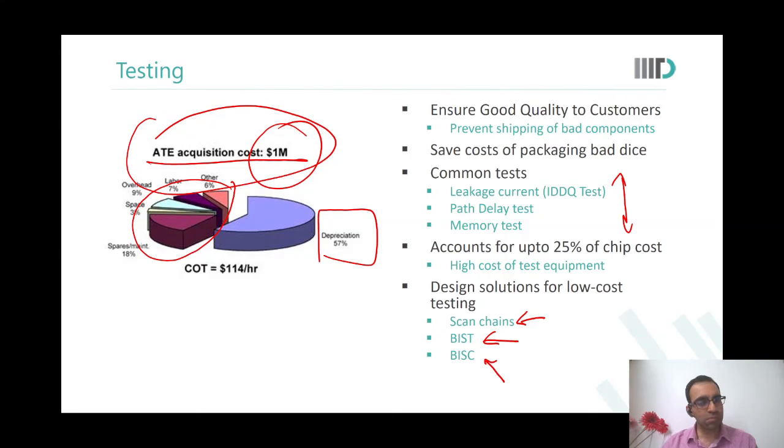Now that you have the product in hand, which is seemingly all correct, we need to validate that all the functionality that I wanted it to have, does it have it? Yes, sir. Is my software properly correlated with the hardware that I have manufactured yet? So all that is part of post-silicon validation.